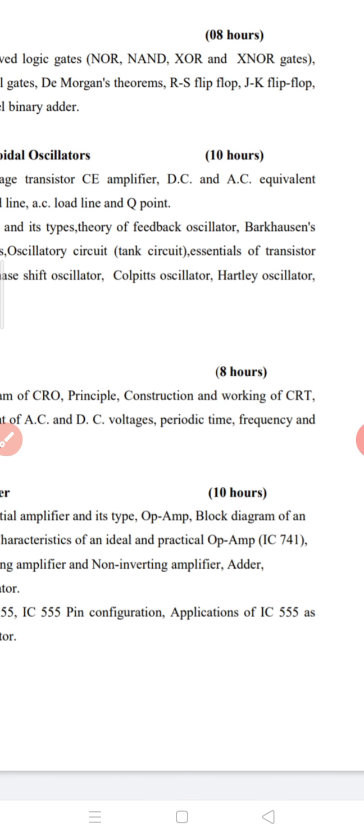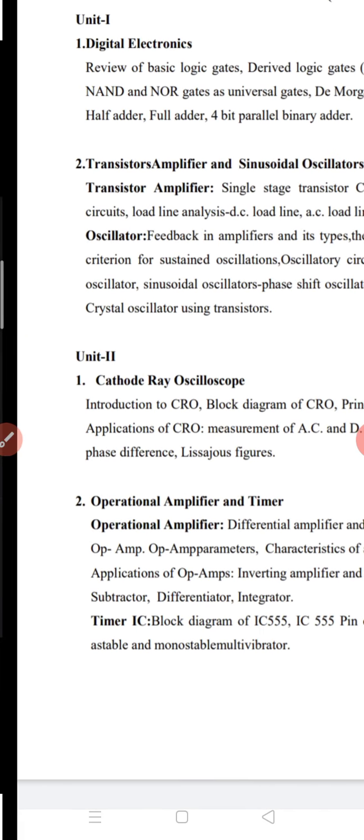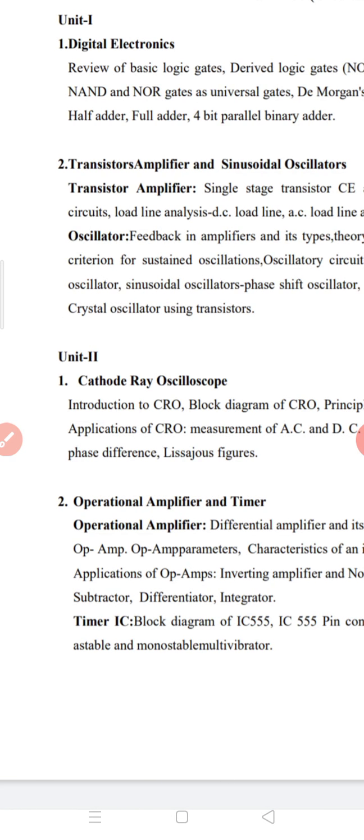Then periodic time, the time interval between. If you are using a crystal oscillator as an input and we have to take out the time period, we can do that, and then frequency and phase difference. If we have a sinusoidal wave, we have to take out its frequency, which is the most important. If we have two sinusoidal waves, we have to take out their phase difference.